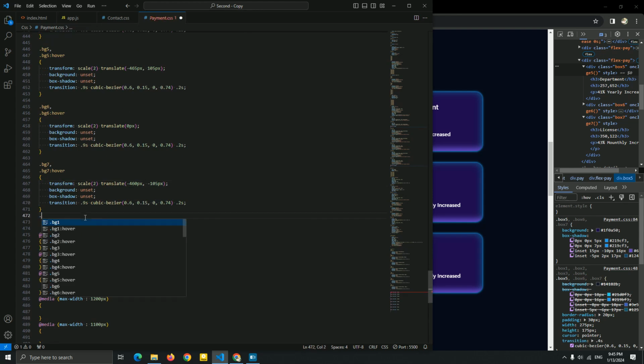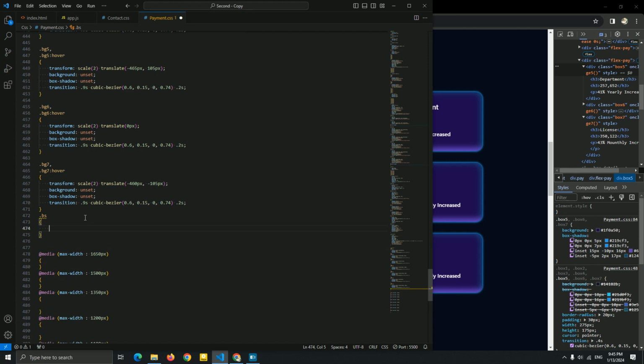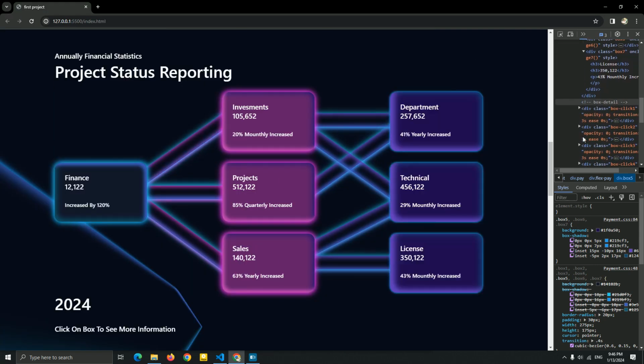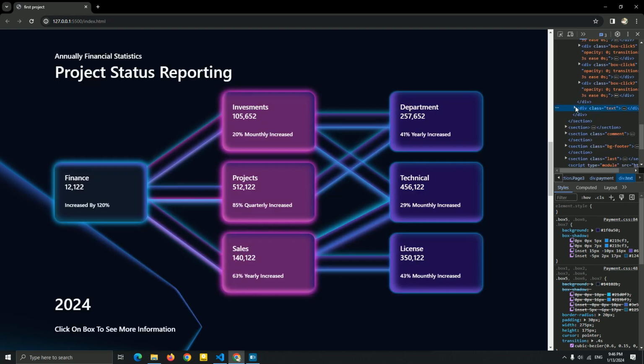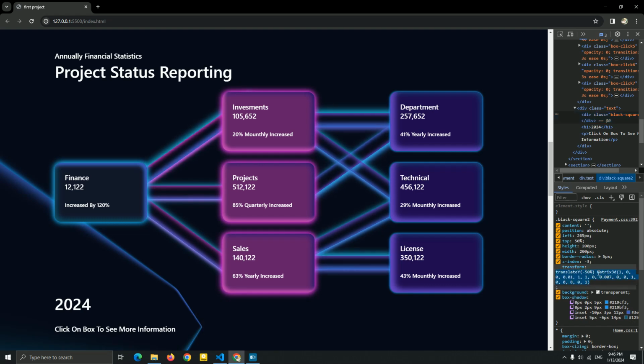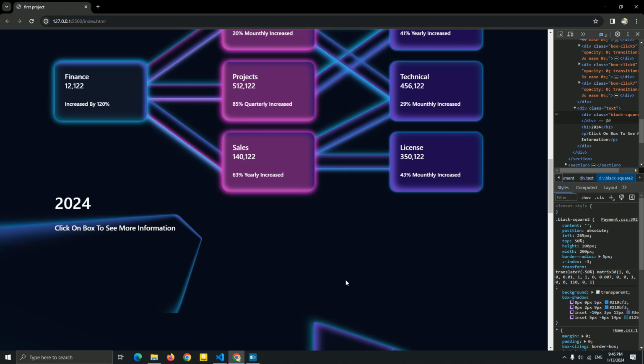Okay, for this BS, guys, what we need is very simple. Let me see the black square that we created for the text. Here I'm gonna just change it right now to this matrix 3D, and I'm gonna copy it and paste it. And let me see what we need else.